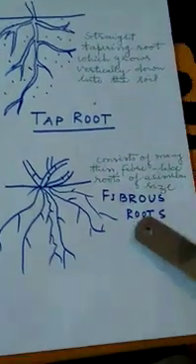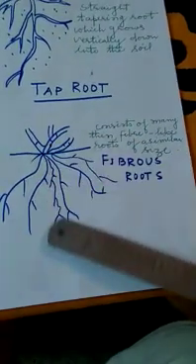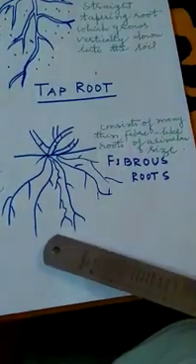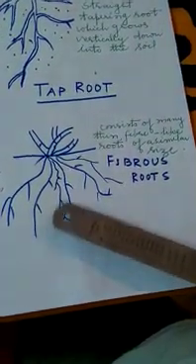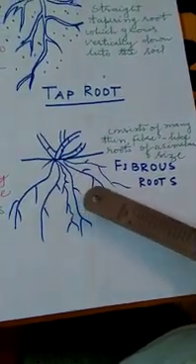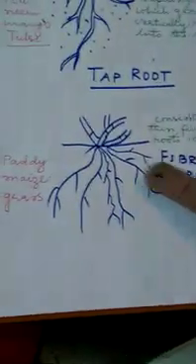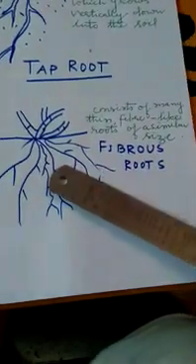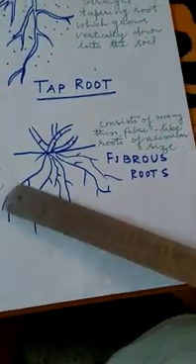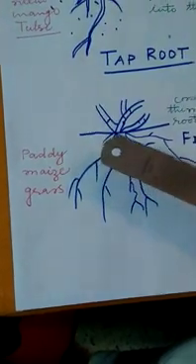Now come to fibrous roots. Some plants do not have a main root like the tap root. They have a bunch of similar roots called fibrous roots. The fibrous roots consist of many thin fiber-like roots of similar size. The fibrous roots spread out in the soil and give firm support to the plant. Some of the plants having fibrous roots are wheat, paddy, grass, maize, millet, bamboo, sugarcane and sweet potato.